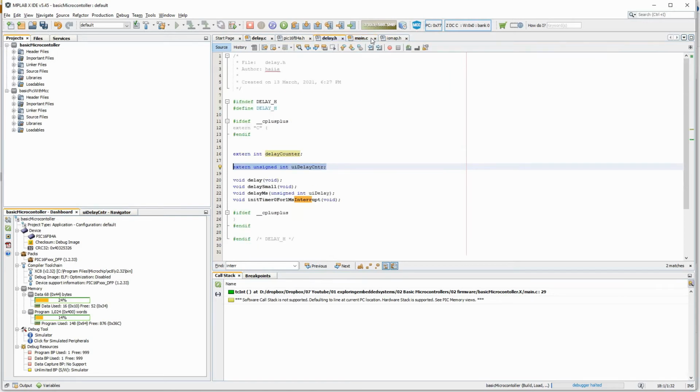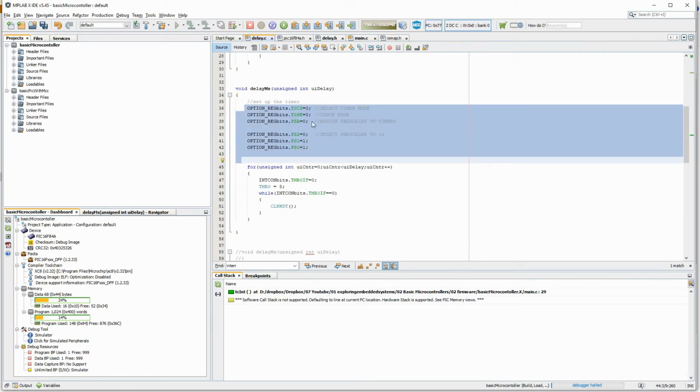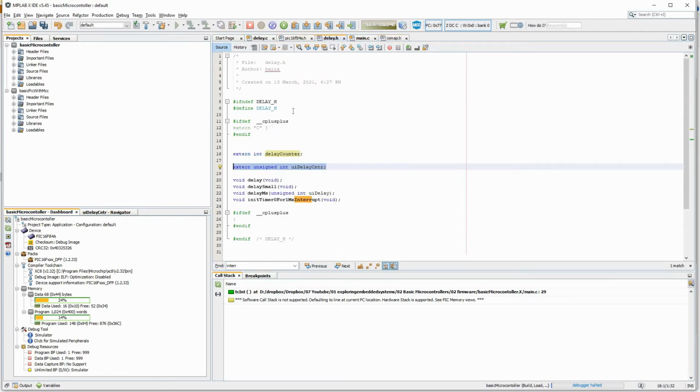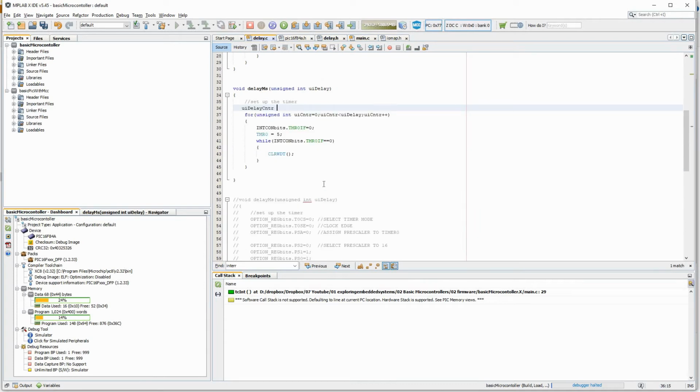So now in my delay.c, here what I will do is delay counter is equal to millisecond delay. So I will load this delay counter to, let's say 100 milliseconds, 100 will go here.